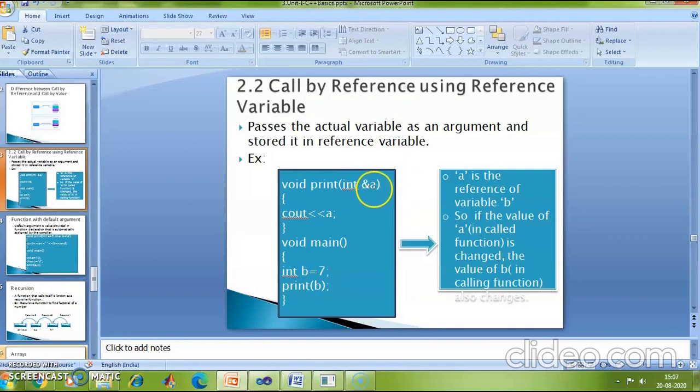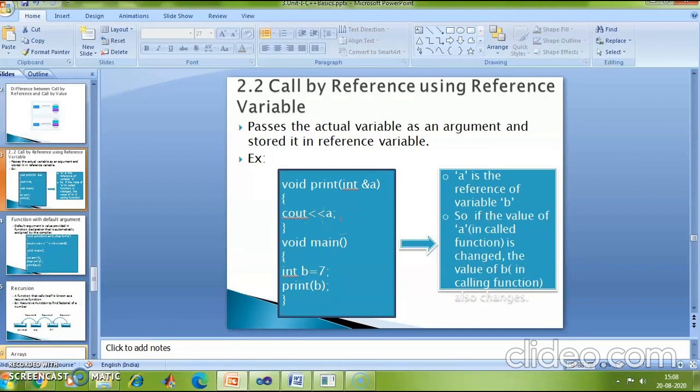That means this reference variable a is pointing to b, so a and b are one and the same. A is the alias name for b. If I change the value of a, b value also changes, right? So if I print the value of a here, it will print the value of b, that is 7.